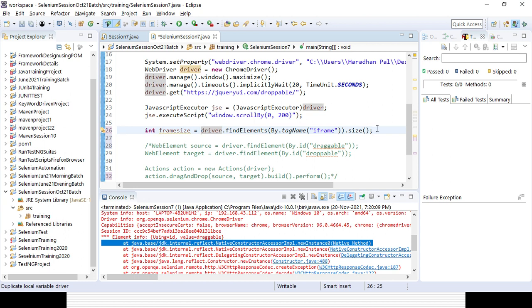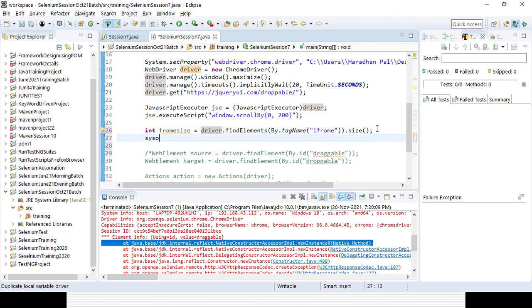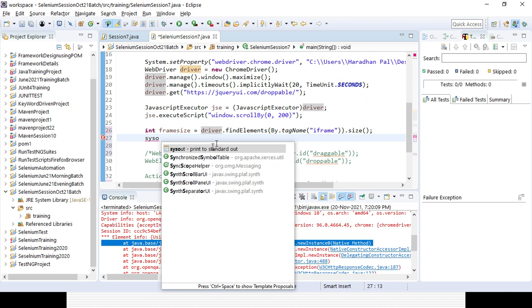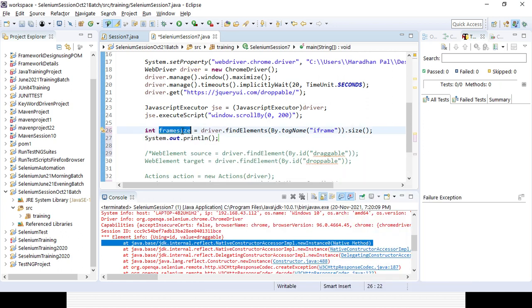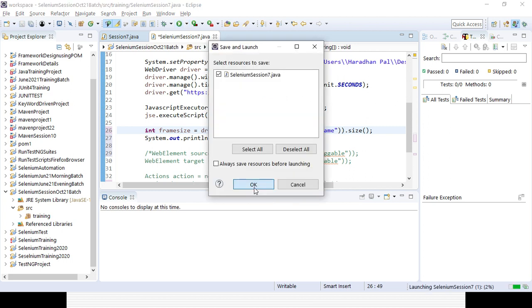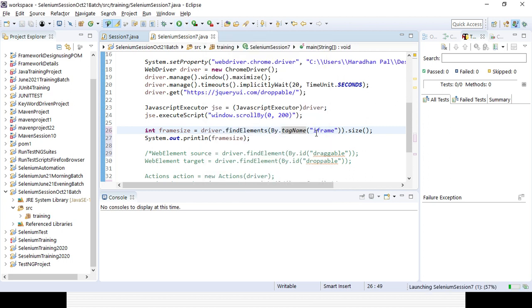Now if I want to print the total number of frames available, you can do it. Let's run it and see how many frames are available. Definitely it's only one frame, because I am identifying the frame with the help of the iframe tag.